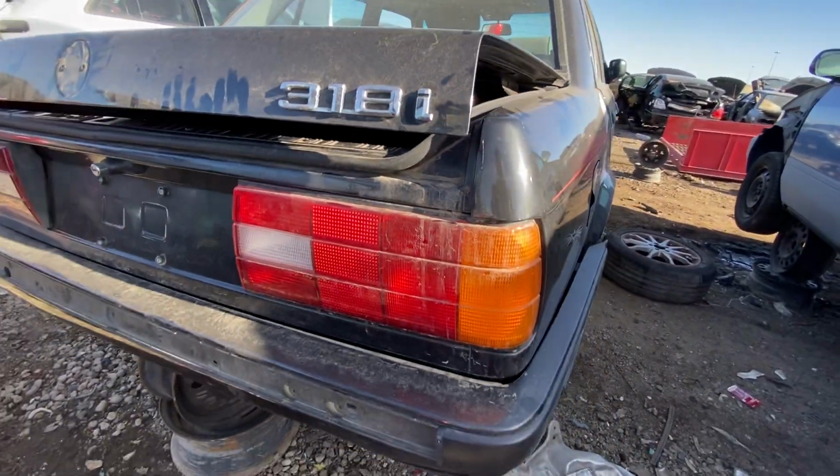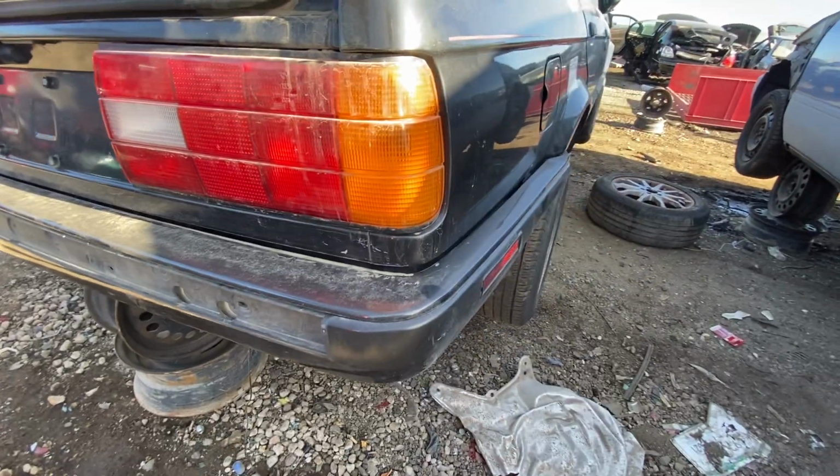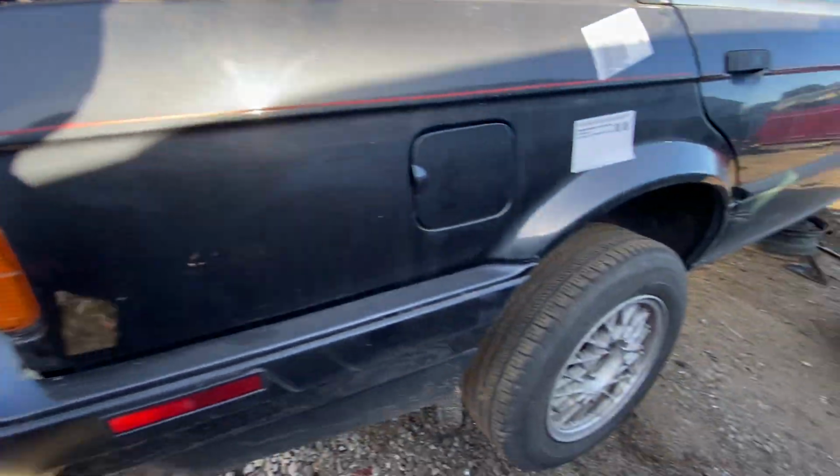I like these later taillights. There are a couple generations of these. And like I said, the little bumpers that are more flush than the early ones are quite attractive. Over here, it's got